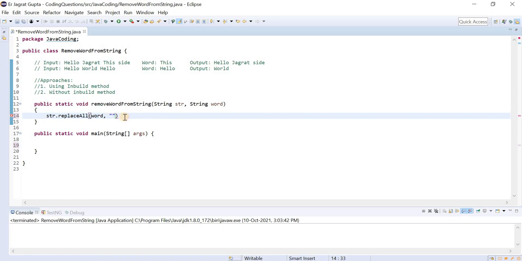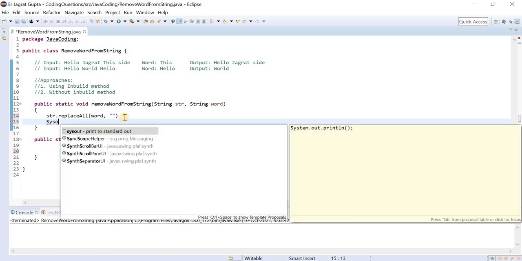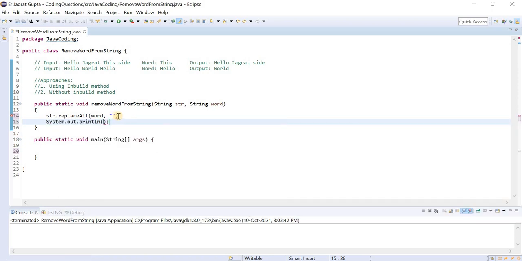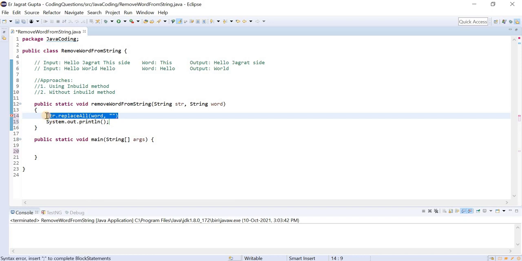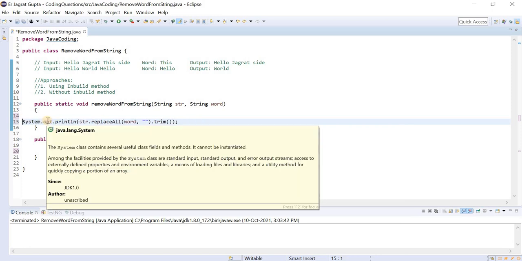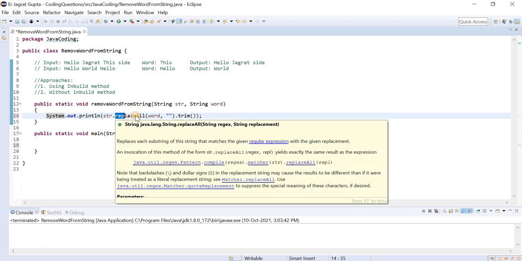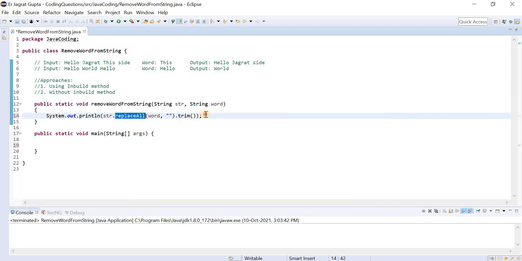Yes, we can print this right now. So in a single line we can solve this problem like this, and of course we can use the trim method to avoid unnecessary spaces. With the help of this replaceAll method, we can achieve this type of output.